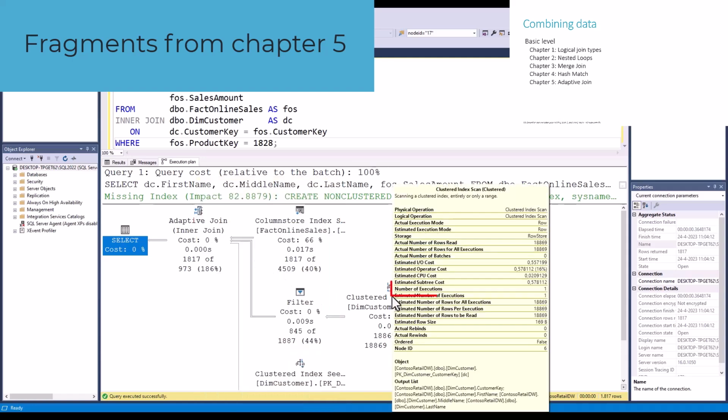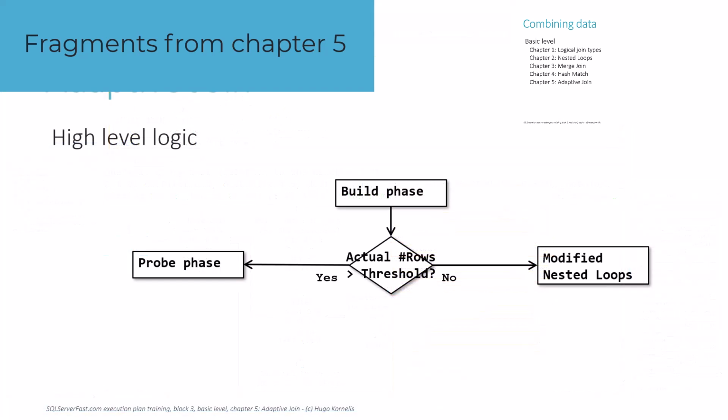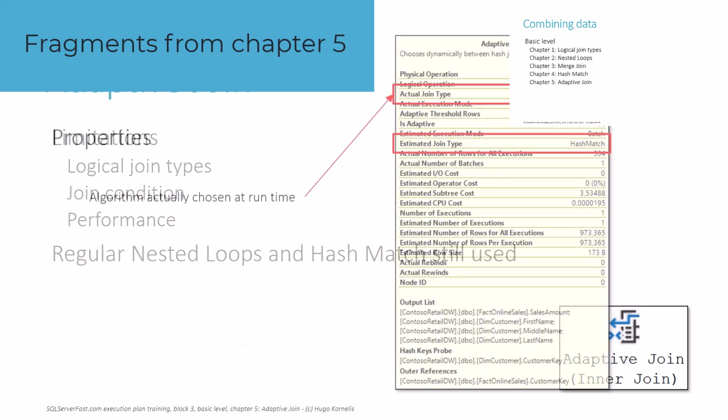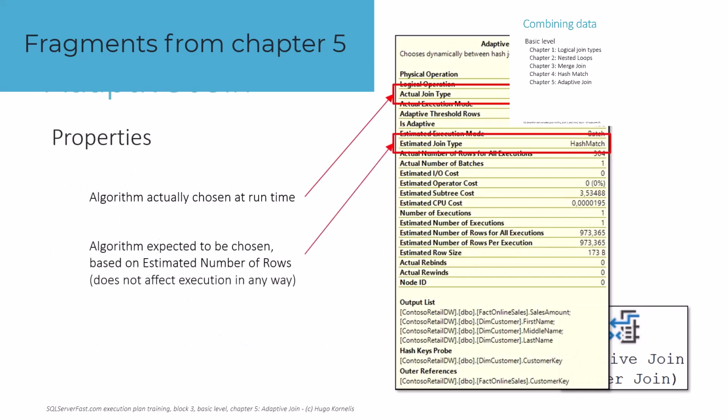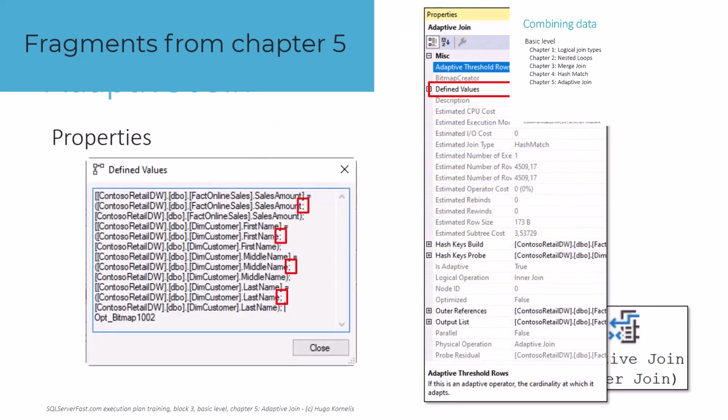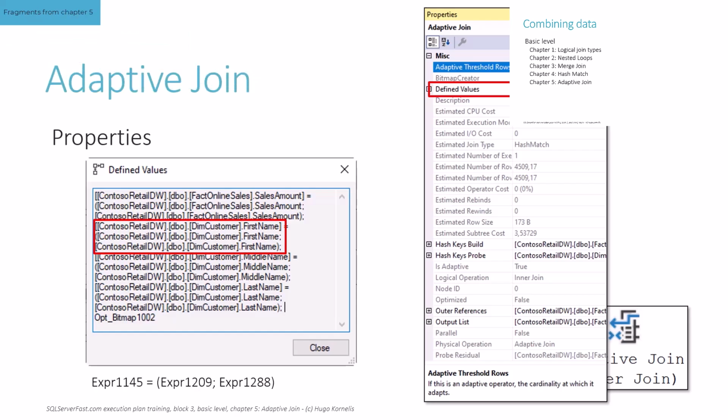Because of how these two algorithms scale, the former tends to be cheaper when the number of rows is low, but the latter is the better choice when there are many rows to process. Adaptive join makes it possible to defer this choice to runtime when the number of rows from the first input is actually known. It can then choose the algorithm to use based on that number of rows.